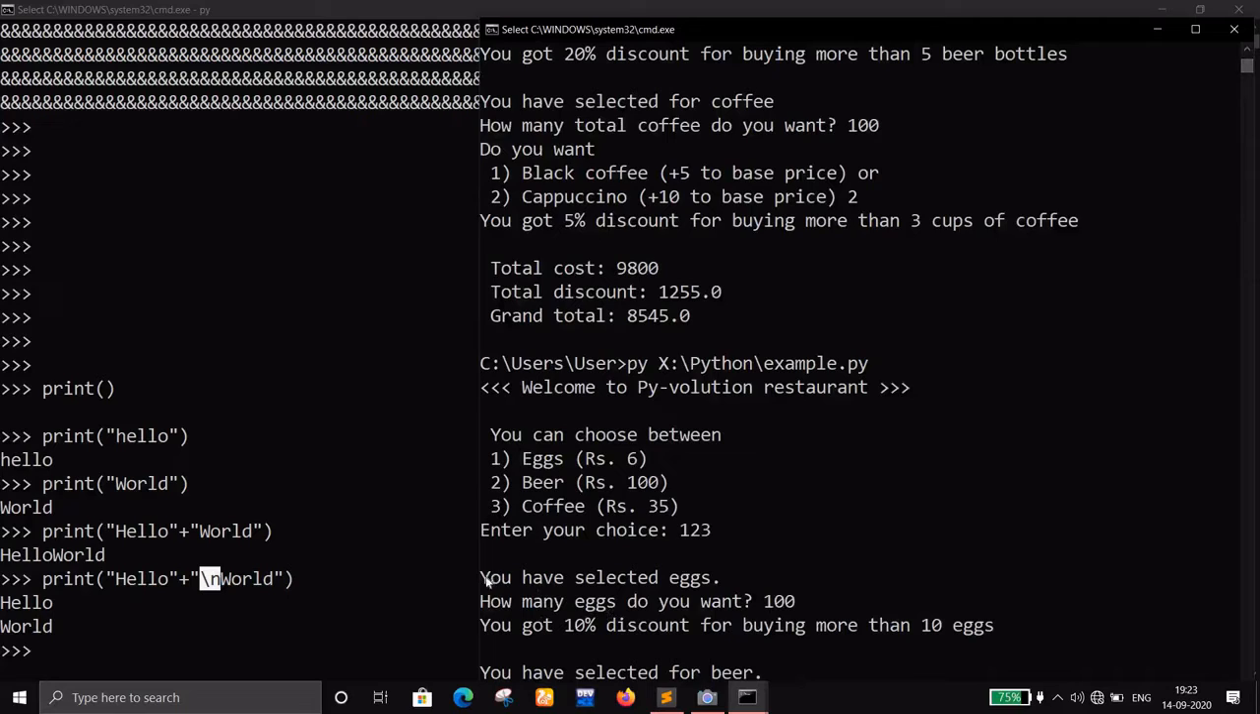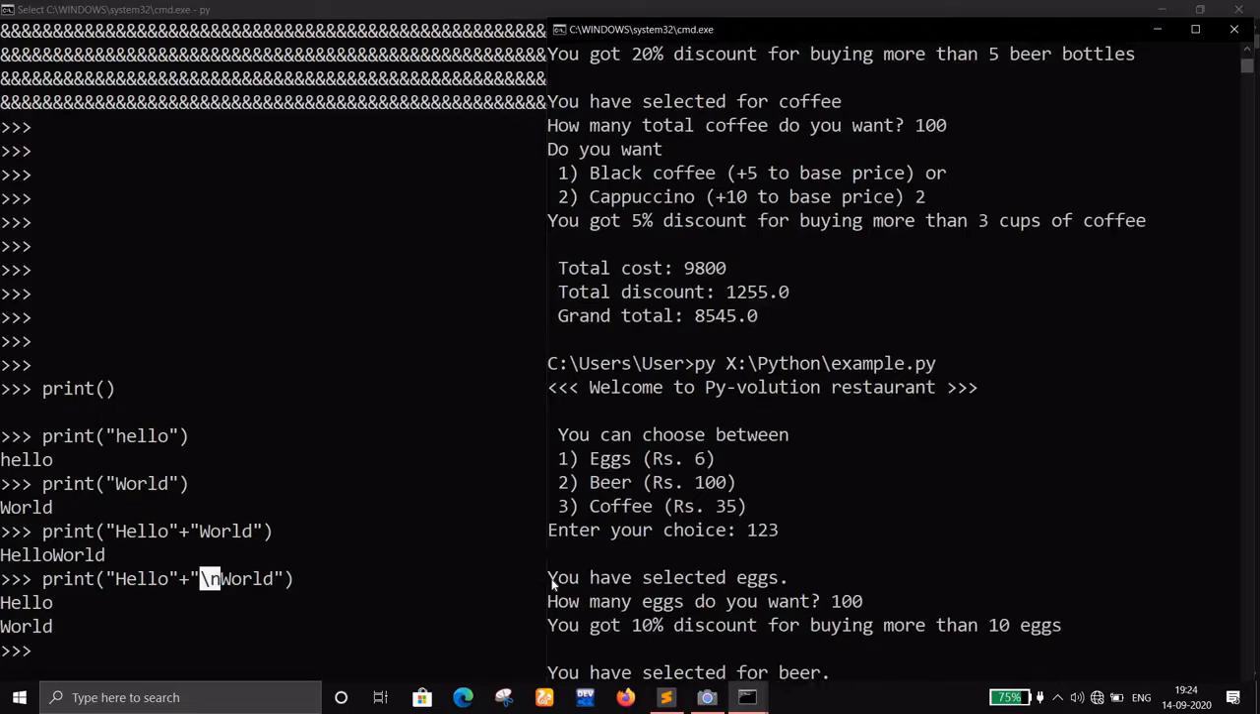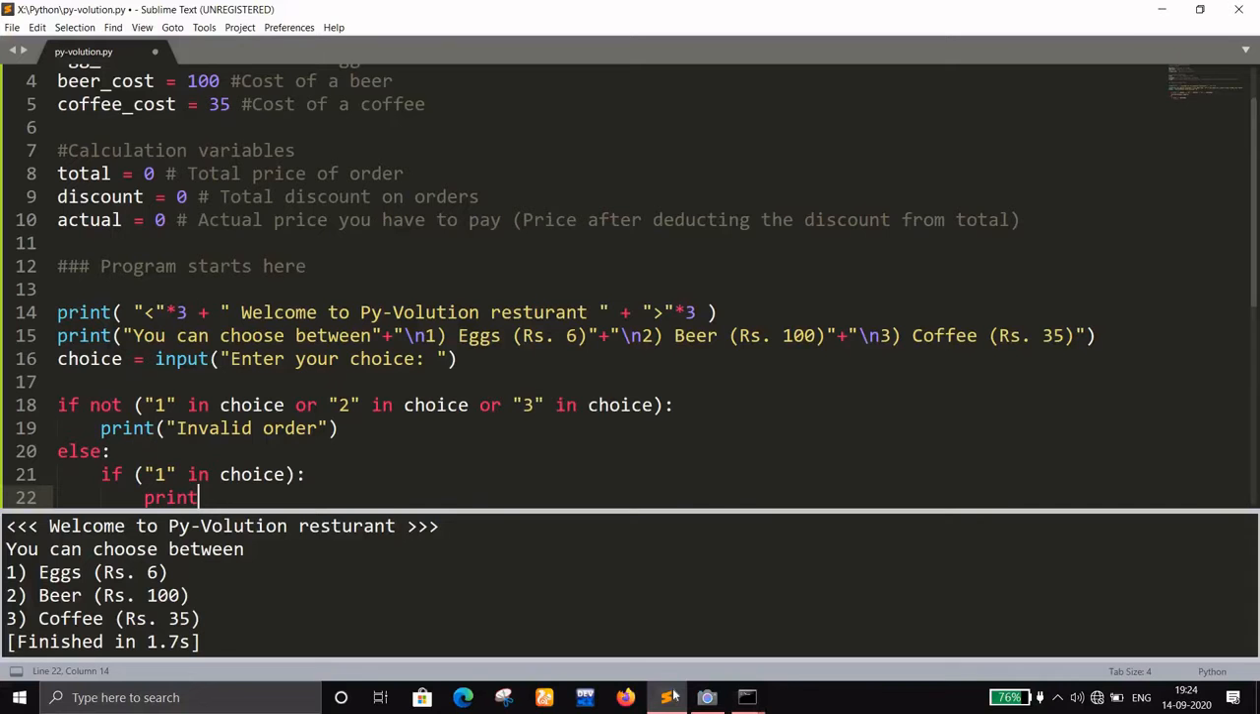Okay, so it will say to me, you have selected eggs. Now it will ask me how many eggs do you want. I will enter a number, and if the number is more than 10, I'll get a 10% discount. So it's as simple as that. It will first print this, you have selected eggs. Then it will ask me how many eggs do you want. I will enter a number, and if the number is more than 10, it will give me a 10% discount. So now simply print